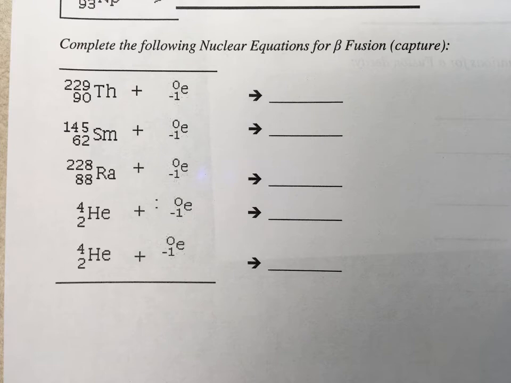Not only can beta particles be ejected from a nucleus, they can also be absorbed. So in this next part of the handout, we're going to absorb an electron into the nucleus of an atom. By absorbing this quote-unquote electron particle into the nucleus of an atom, one proton will absorb it and become a neutron. So by absorbing a beta particle, your atomic number decreases by 1 and your mass remains the same because